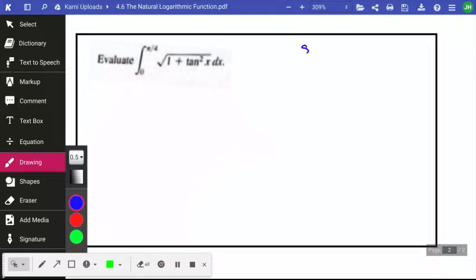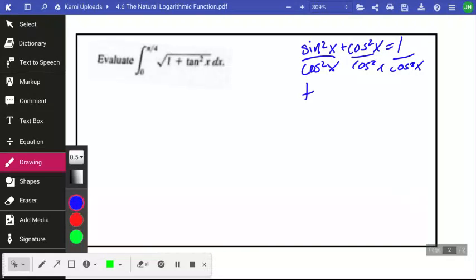So I'm sure you all remember this identity here. It's a very common one. Sine squared x plus cosine squared x is equal to 1. What's fun about that is if I'm working with tangent, I can make that into a tangent. If I'm trying to get tangent, that's sine over cosine. I'm going to intentionally divide every term by cosine squared x, so that I get tangent squared x,